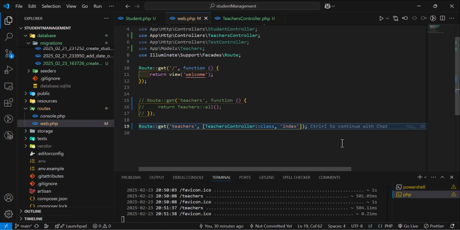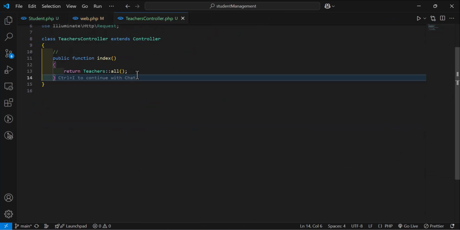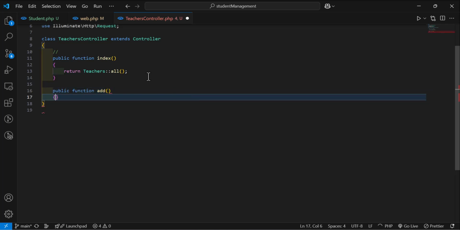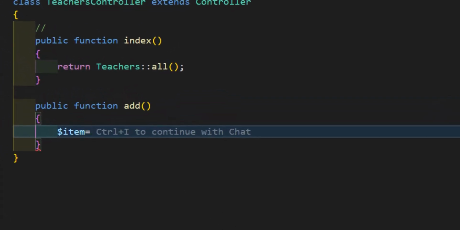Now, let's see how we can add data to our database table using our model. So, let's close these and let's go to our teachers controller. In here, let's create a new method. So, let's type public function and give it a name of add. To add data, we will create a variable and set it to new, and after that our model name. So in our case it will be teachers,